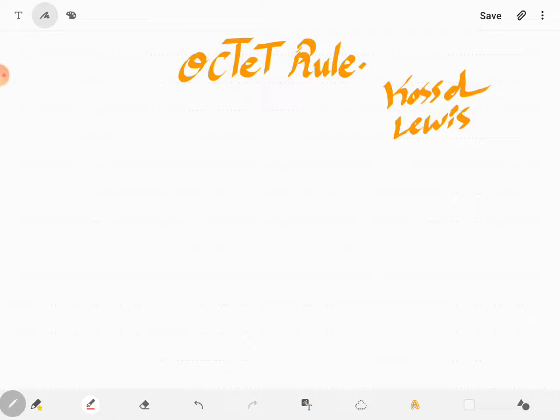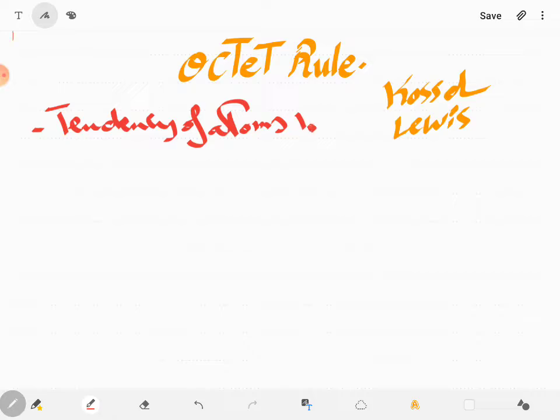What is the octet rule? This is a rule for the tendency of an atom to have 8 electrons in its valence shell to be complete, like the nearest noble gas. So, the tendency of atoms to have 8 electrons